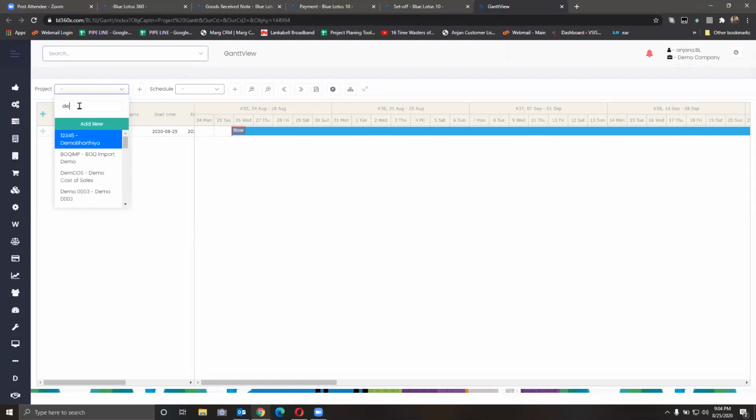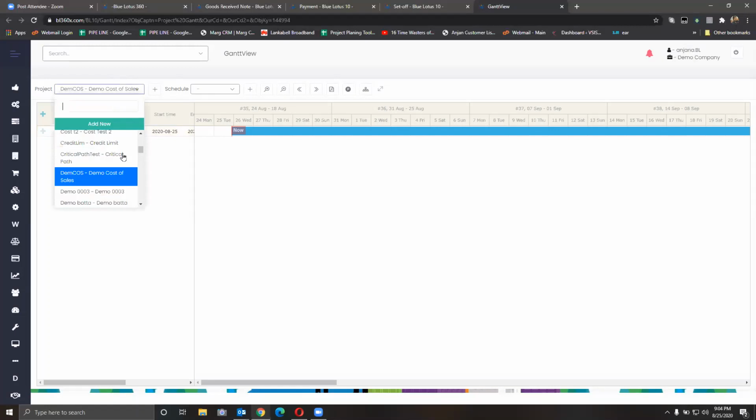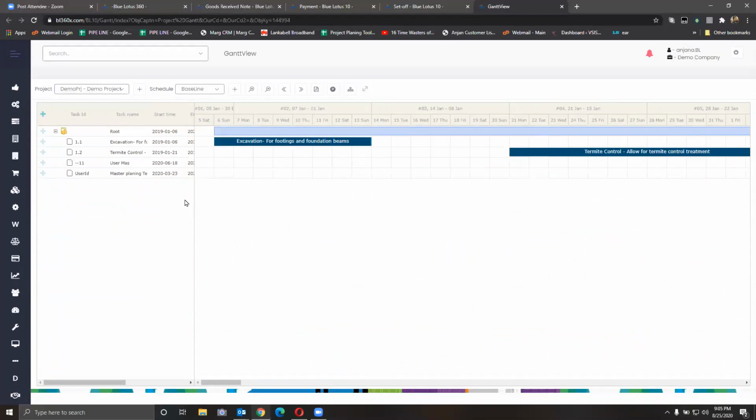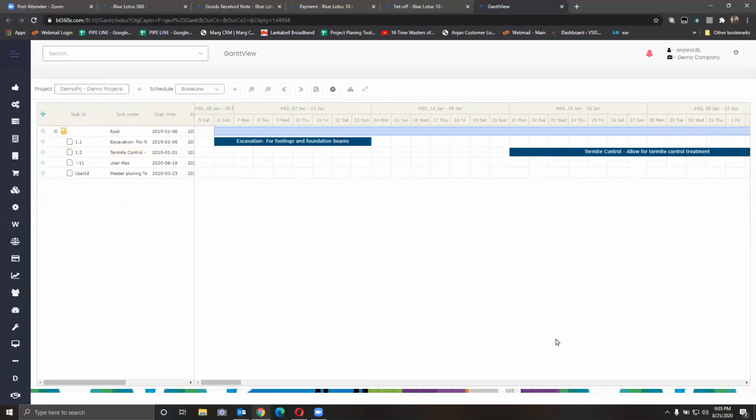So let's look at a Gantt chart quickly. So here you have to select the project. So let me put demo. So as you can see,